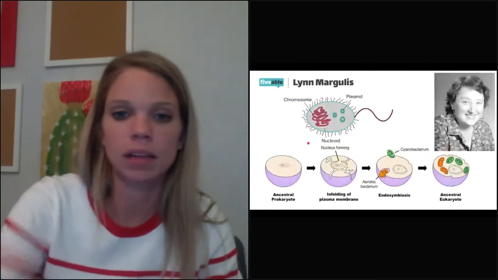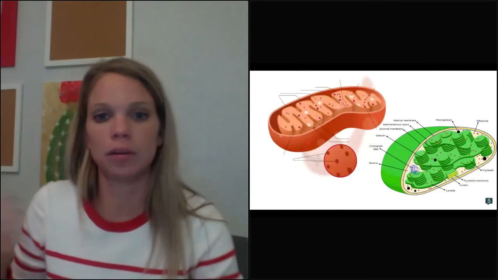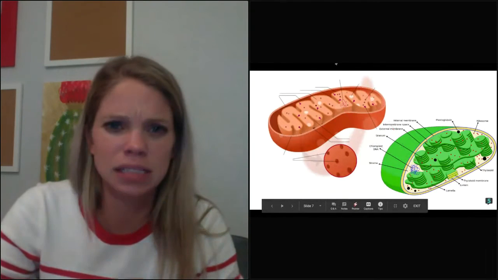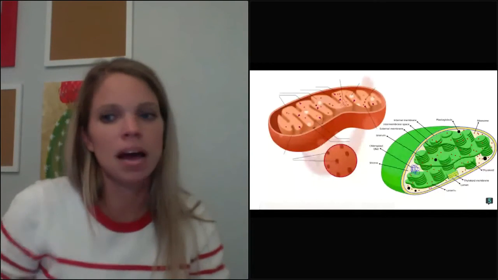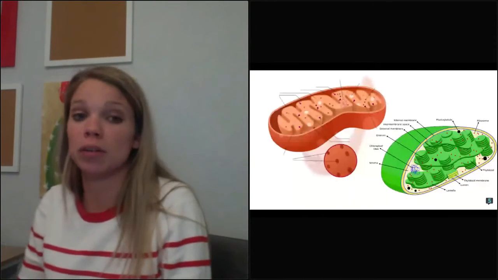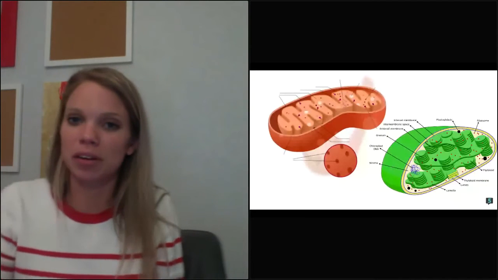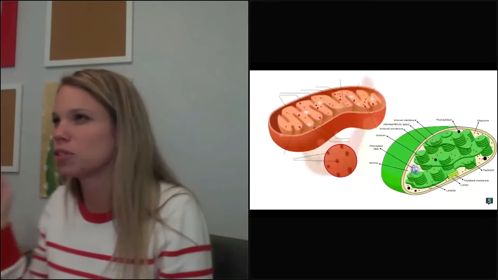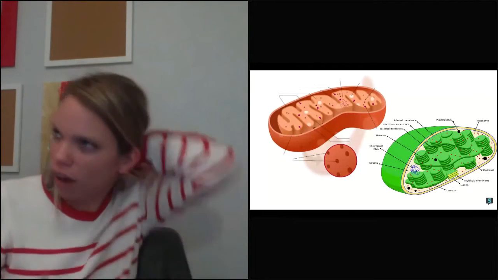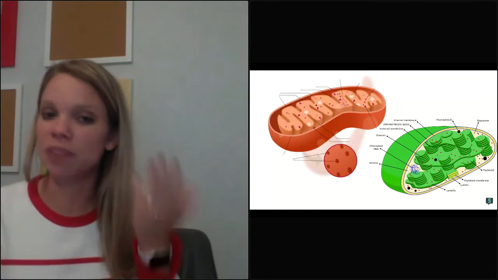So a little bit of evidence. Some people have already brought this up. Thank you, helpful people. One thing we know, they have their own DNA. And so it's actually pretty cool because if you watch crime shows, one of the ways that they will actually track who your family is, they will use your mitochondrial DNA. Mitochondrial DNA is cool though because it's only passed on from your mother. It's on an X chromosome or something, I guess, but you only get mitochondrial DNA from the mother. So it's used to track like parentage and things like that. But it has its own DNA. It divides on its own.